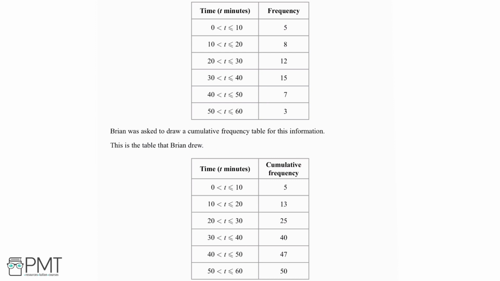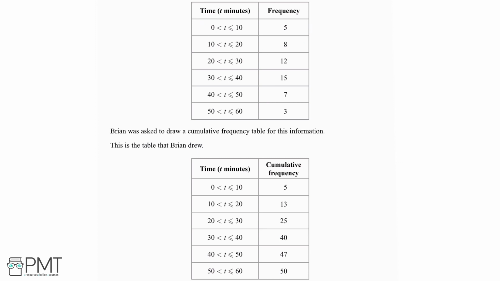For example, taking the 13 here, Brian's saying that the 13 has come from between 10 and 20. But it hasn't, because the whole point is it's cumulative. This 13 has come from this 5 and this 8, which is between 0 and 20. So not just between 10 and 20, because between 10 and 20 it's only 8, but between 0 and 20